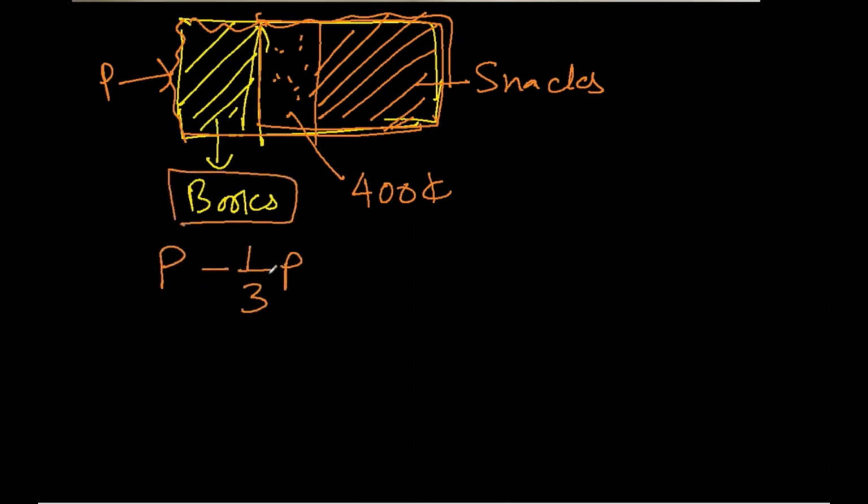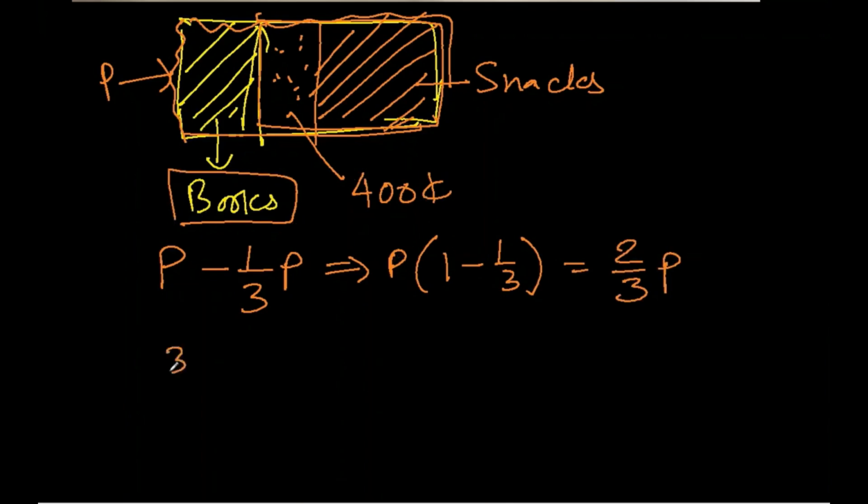If we subtract this, let's take P common, so it becomes 1 minus 1/3, which is 2/3 of P. So 2/3 of P was the remaining amount after being spent on books. Now 3/5 of this, 3/5 of 2/3 of P, the remaining one, what is that? 3 and 3 cancel. 2/5 of P